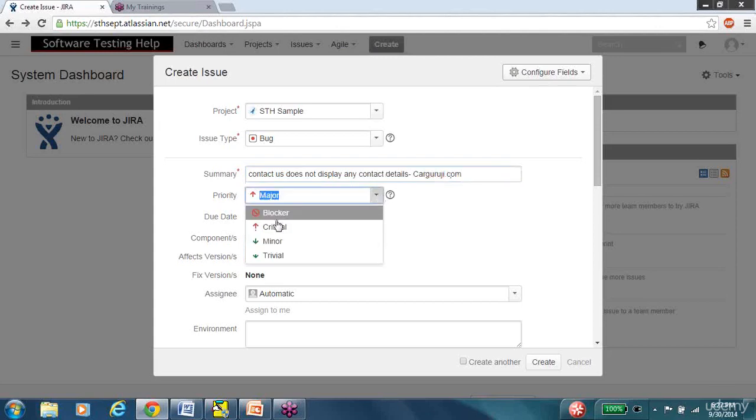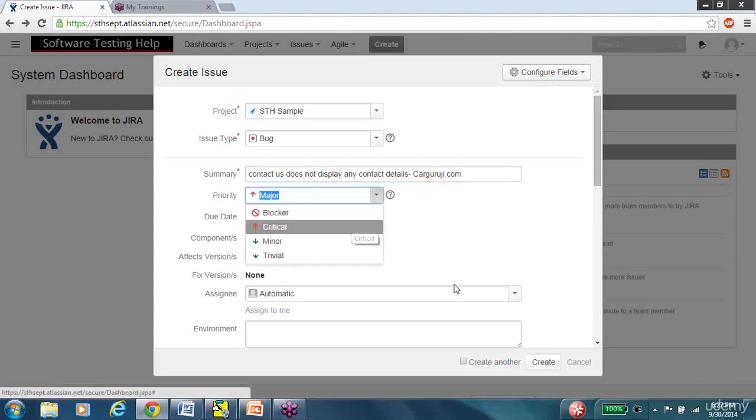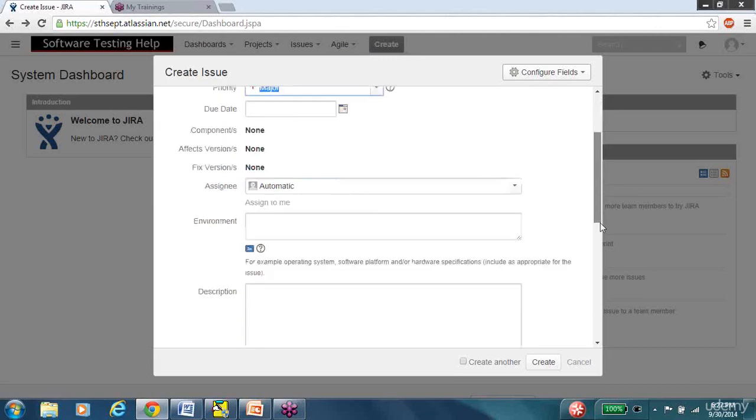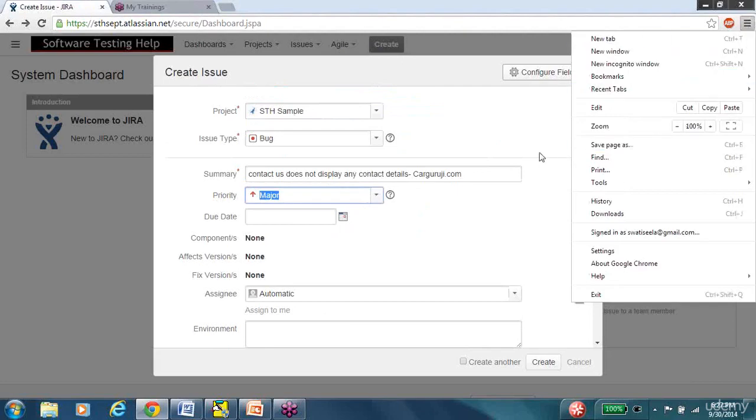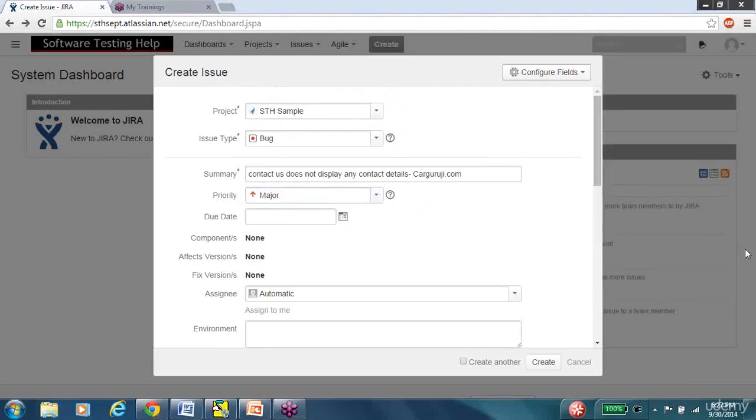And then priority. Now we talked about how priority is something that developers set. So do you think we should be setting this or just leaving it alone, team? What do you think? Do we set it, yes or no? Yes, because